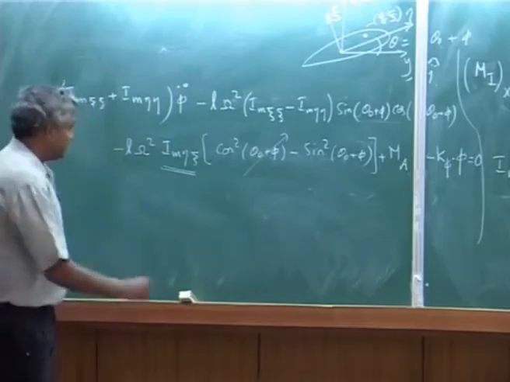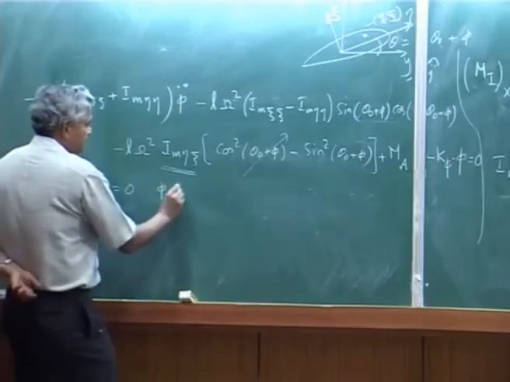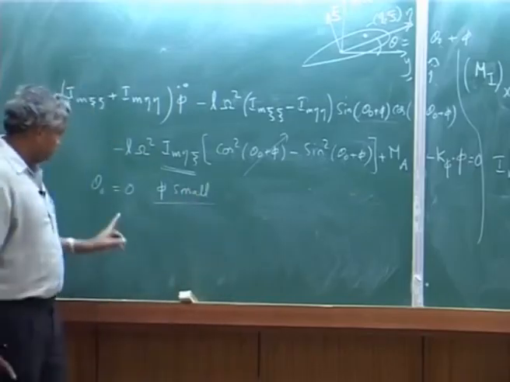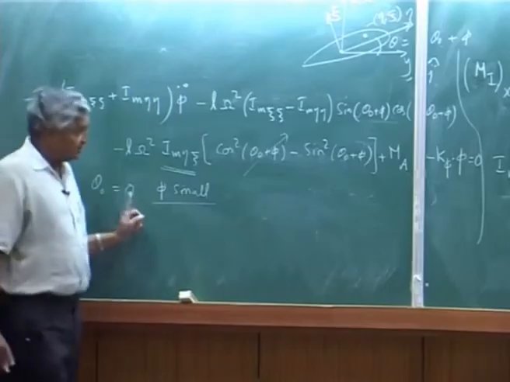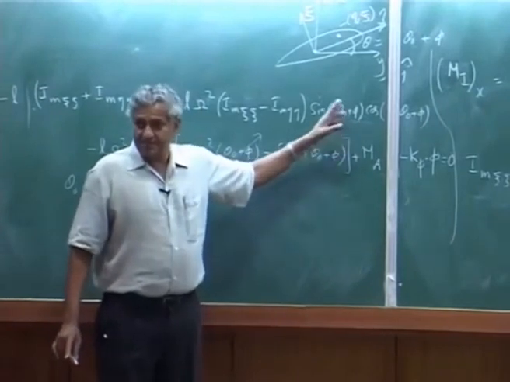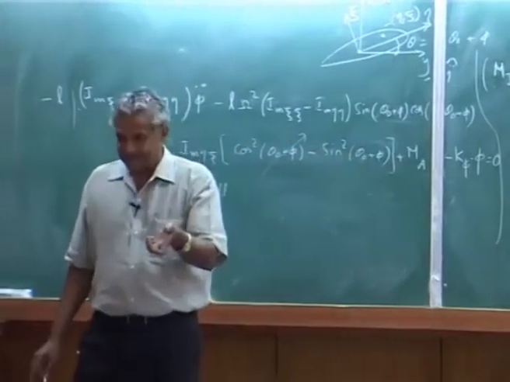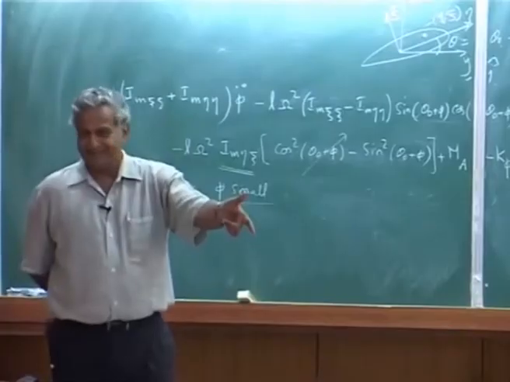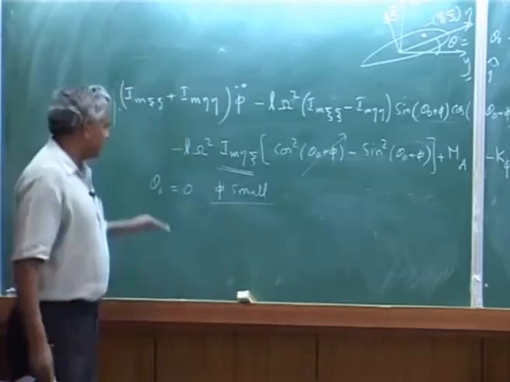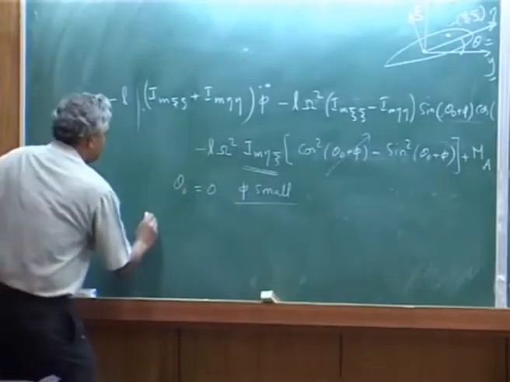That means you are making theta naught equal to 0, phi is small. Please understand, if you do not make this assumption, then you have to retain this, then you expand this by sin theta naught cosine phi plus cosine theta naught sin phi, then phi is small, you put that, not that theta naught is small, okay, phi is small, then you keep it. But if you make a very gross assumption theta naught is 0, phi is small, then your equation will become